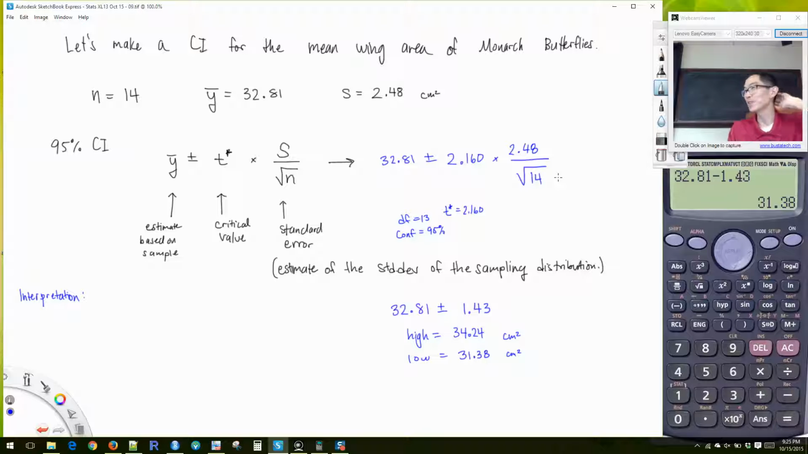It's for the what? Mean of the population. So that's the key thing, okay? We're not going to make a statement about the location of the sample mean. We're making a statement about the unknown location of the population mean. So I would write, I am 95% confident